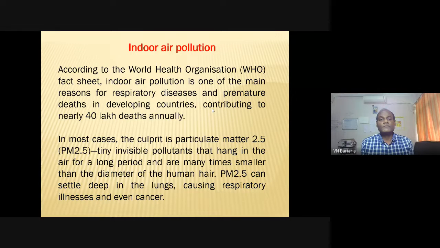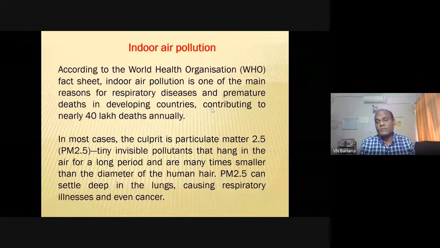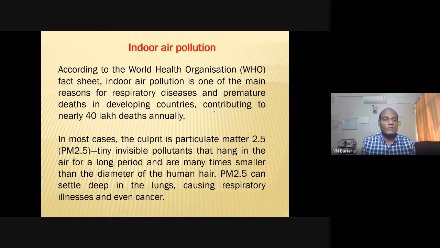So we have the option of renewable energy sources to provide good air quality without continuously consuming, without the need of much expense. So in most cases, the culprit is particulate matter 2.5, PM 2.5, tiny invisible pollutants that hang in the